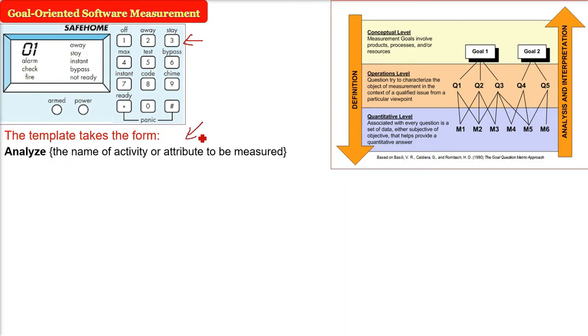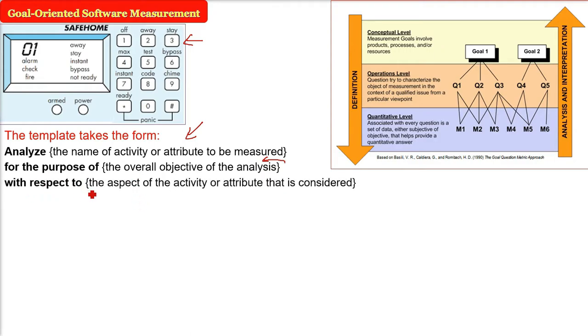Analyze, inside which we are going to give the name of the activity or the attribute to be measured. For the purpose of, inside this what we will give? The overall objective of the analysis. Then we have with respect to, what we are going to write here? The aspect of the activity or attribute that is being considered. Analyze for the purpose of, with respect to,